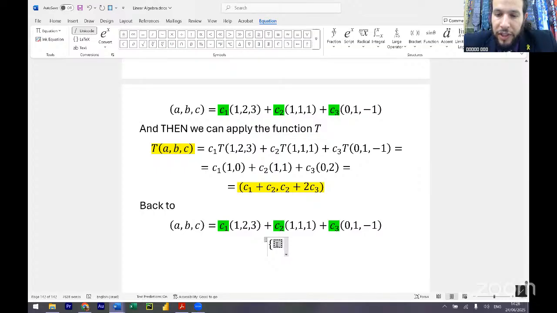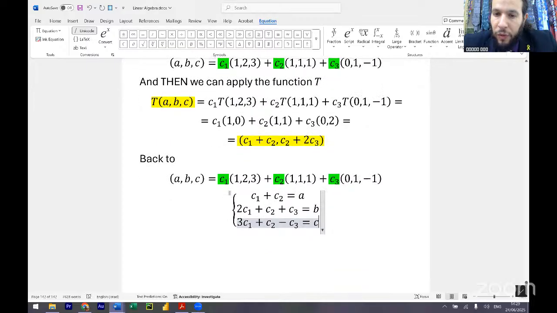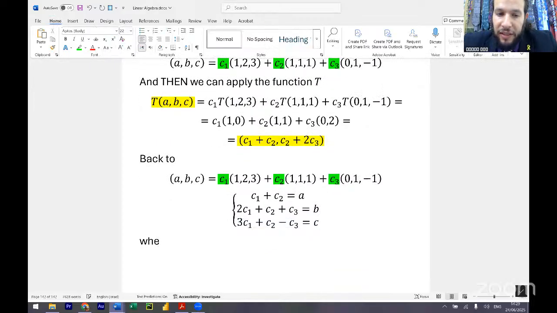So we know that C1 plus C2 equals A. And we know that 2 times C1 plus C2 plus C3 equals B. And we know that 3 times C1 plus C2 minus C3 equals C, where A, B, and C